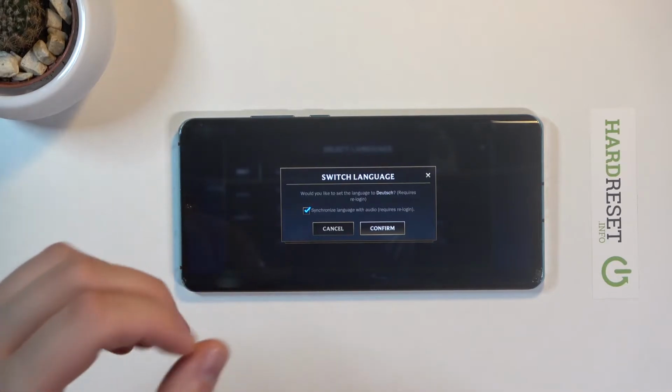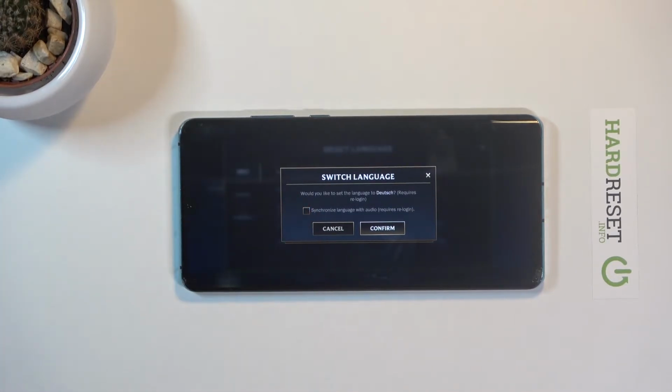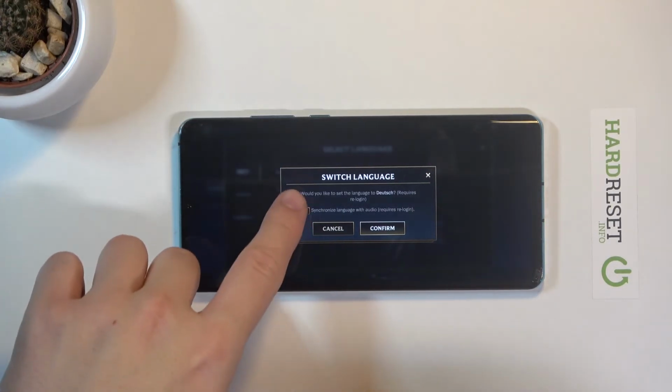and you don't want to change the audio settings, you have to tap on the switcher, and after that only the text will be in English, in Dutch, and the audio will still be in English. And if you want to activate and change both of them, you have to tap on the